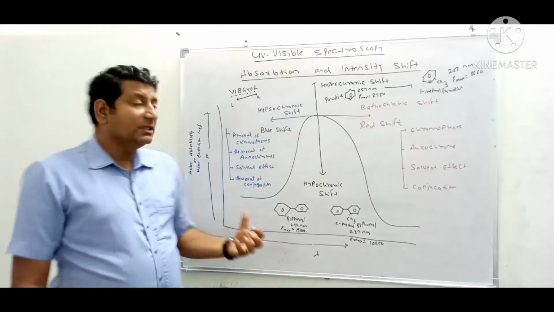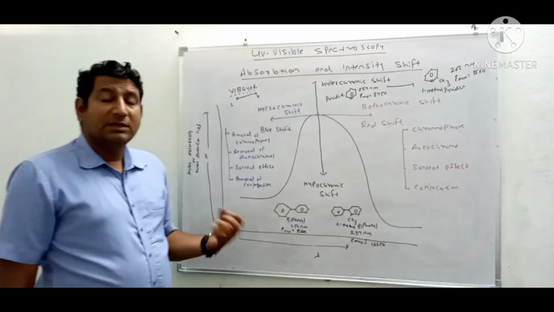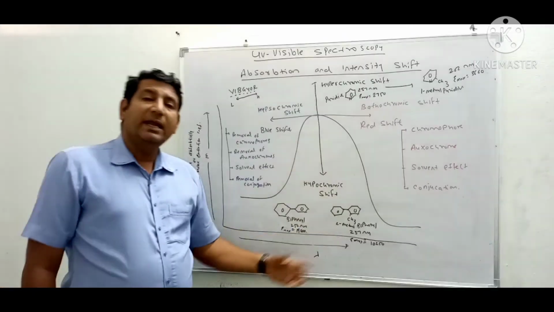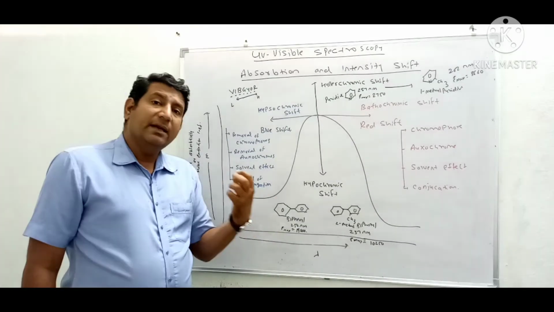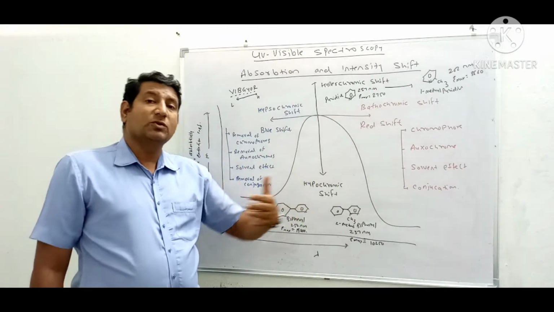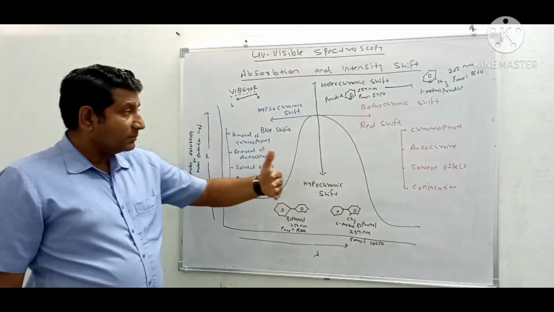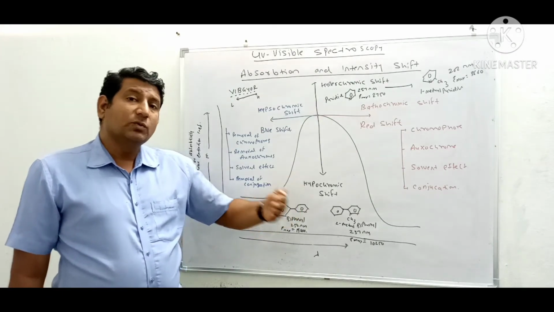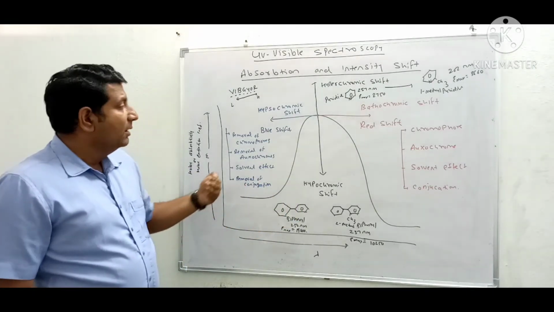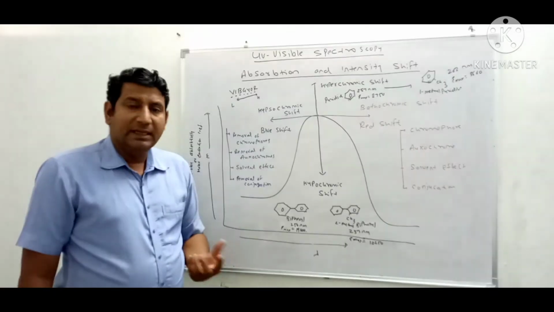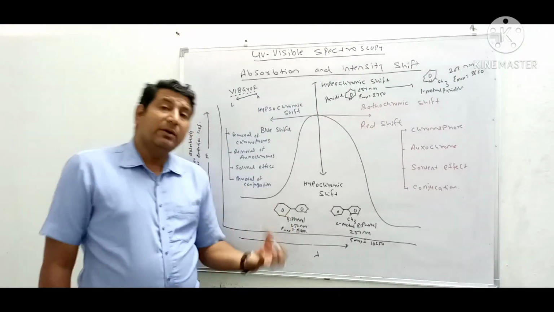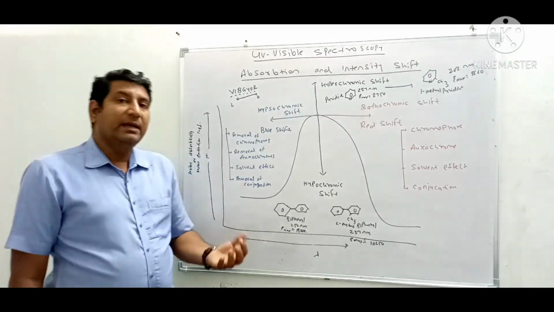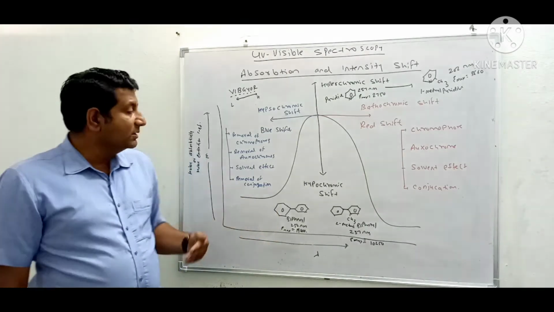Now students, what are the various factors which cause hypsochromic shift? Number one is removal of chromophore. We have studied that addition of chromophores causes an increase in lambda max, a shift towards red wavelength. Removal of such chromophores shifts the lambda max towards shorter or blue wavelength. Removal of auxochromes, again the same concept. Removal of certain moieties which have the tendency to absorb radiations, if these are removed, then the lambda max is shifted towards shorter wavelength.